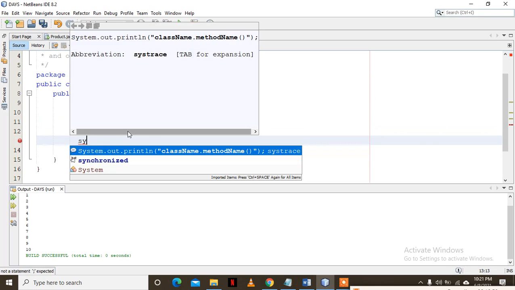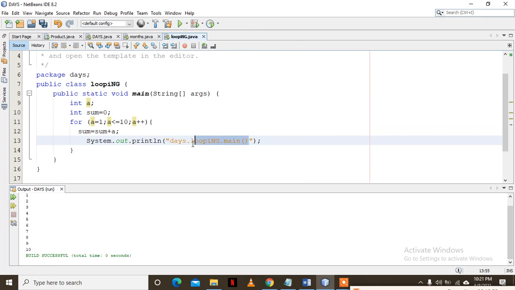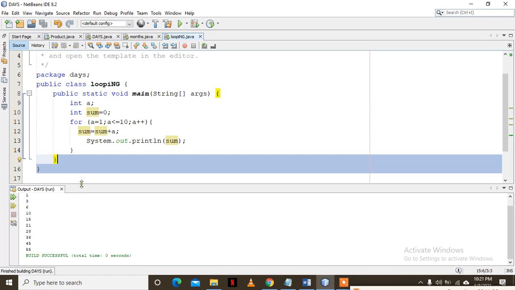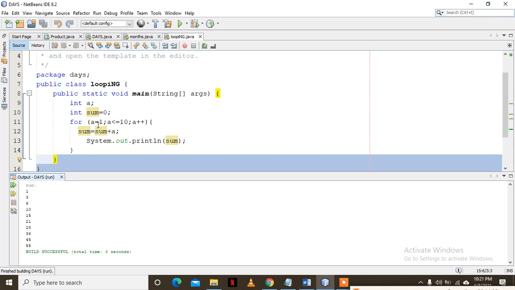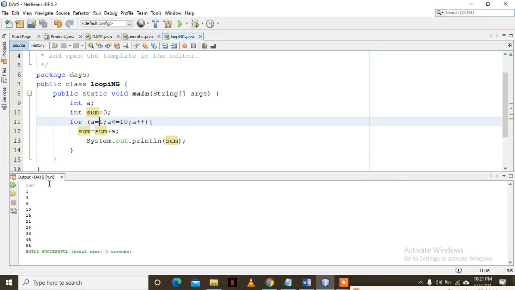Let me try to display this. Let me display them in the loop so that everyone sees this one. Let me display sum. So this one will display sum 10 times until it reaches the final sum. You see, it has calculated the first sum 1 because it has taken 1 plus 0. The second sum will be equal to 3 because I will increment to 2 and the current sum is 1, which will be 3. The current sum, if it is 3, I will increment to 3 here. That way I have 6. So the sum of the numbers from 1 up to 10, the total